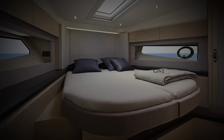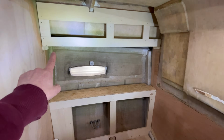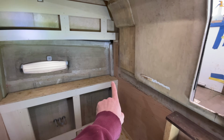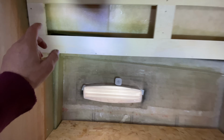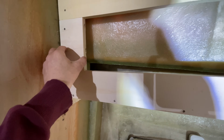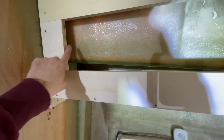So let's pick up where we finished last time. Richard has made us this nice frame that goes across here. That is also perfectly level with this piece under here as well, so this dimension is equal all the way along, so it's 630mm. And what we'll do is make these panels effectively, these little infill pieces. Pop some screws in here, we'll be able to pop those screws out, and then behind that you've got the vertical frame, and we'll be able to glass that, bond it and glass it straight onto this bulkhead,